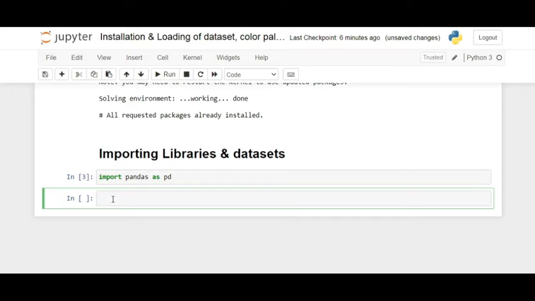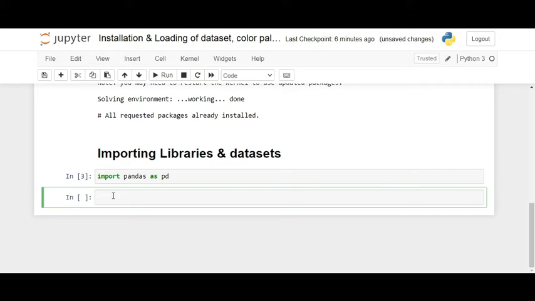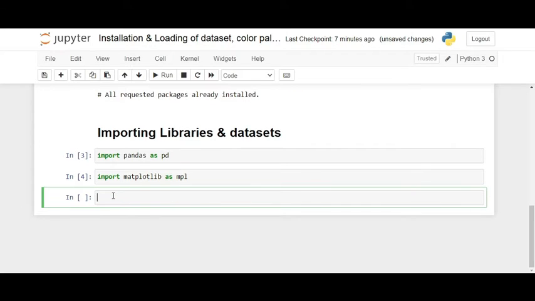Now let us import the matplotlib library, which helps us to customize. Import matplotlib as, and here you can use any short form. I will use mpl and run this cell. So the matplotlib library is imported.